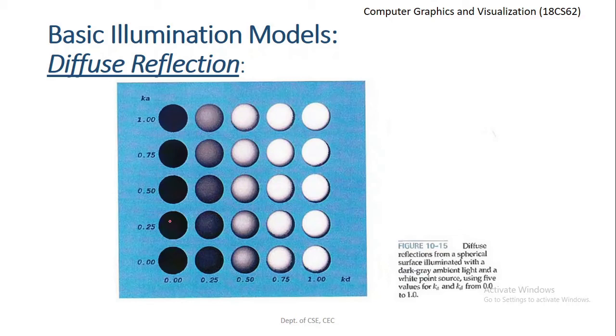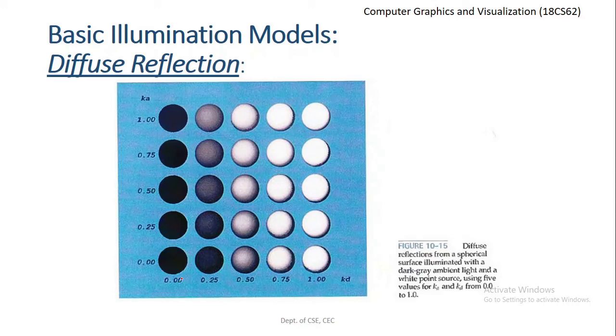This is how it looks. There is a tinge of dark gray, which is common for the entire sphere. Similarly, we increase it to 0.5, it appears a bit darker, 0.75 a little more, and 1. Here the entire surface appears to be of the same color, which is the contribution of the ambient light intensity, that is dark gray. Similarly, in this particular row, we are initializing Ka to 0, but only varying the value of Kd.